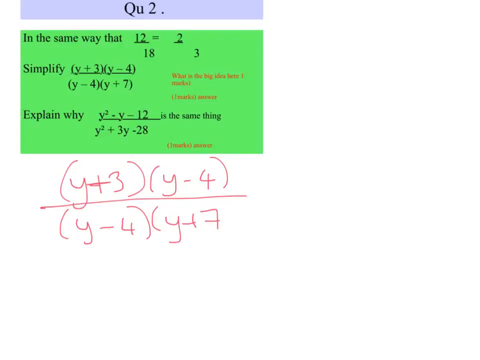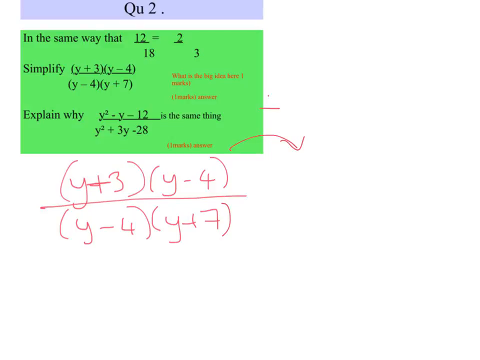So 12 over 18 is equal to 2/3. If we look at that, it's just dividing both sides by 6. So we use this for the next part. The big idea is equivalent fractions. As long as you're doing the same to the top as you are to the bottom, you are keeping them